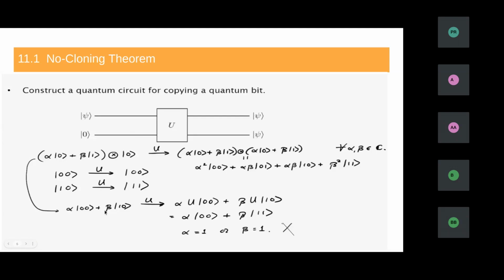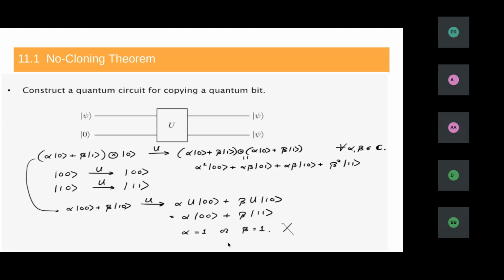If we apply this to alpha ket 0 0 plus beta ket 1 0, we get alpha of U ket 0 0 plus beta of U ket 1 0, which because of the transformation is alpha ket 0 0 plus beta ket 1 1. And if this is to satisfy the requirement, then either alpha is 1